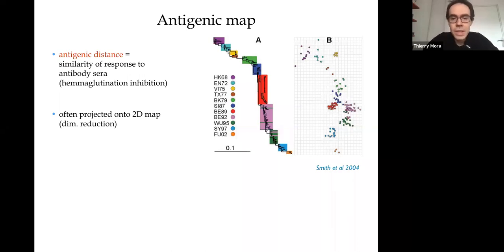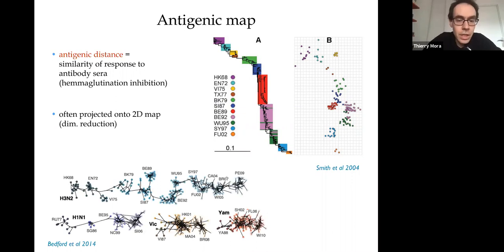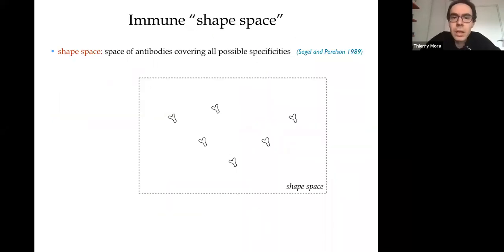These are more recent instantiations of this kind of two-dimensional map, on the four circulating strains of the flu currently. We can look at this more precisely in terms of the immune system by putting both the immune system, so the antibodies in this case, and the strains, which are represented by the antigens targeted by the antibody, in some sort of abstract shape space. So the shape, if you like, is